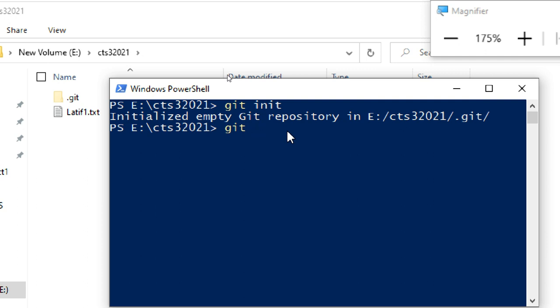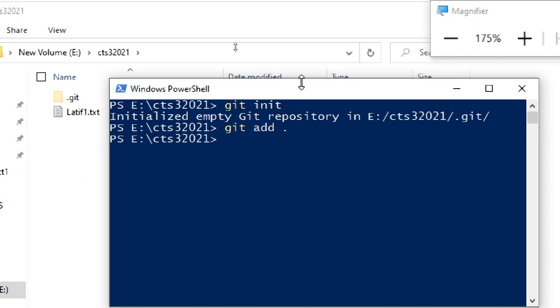Next, what is the next command after init? Git add. Very good. Git add. You can tell the file name, or you can use dot, which means all files in the current directory.